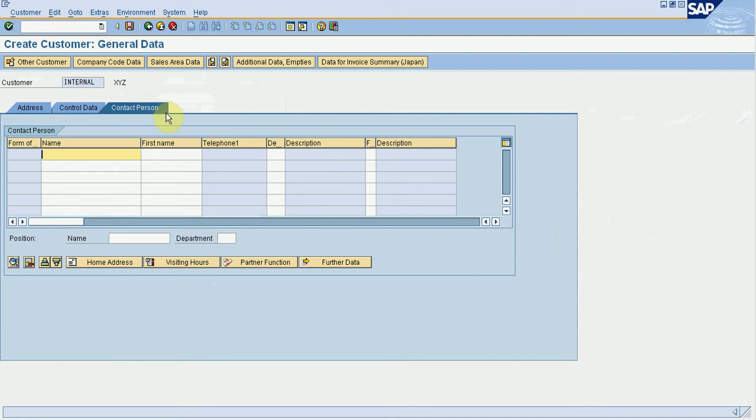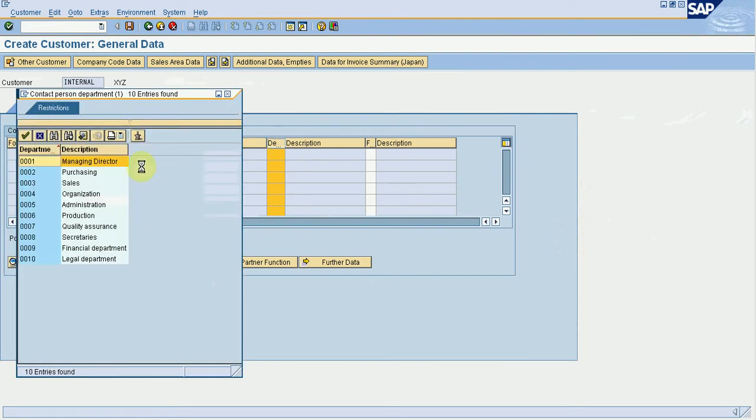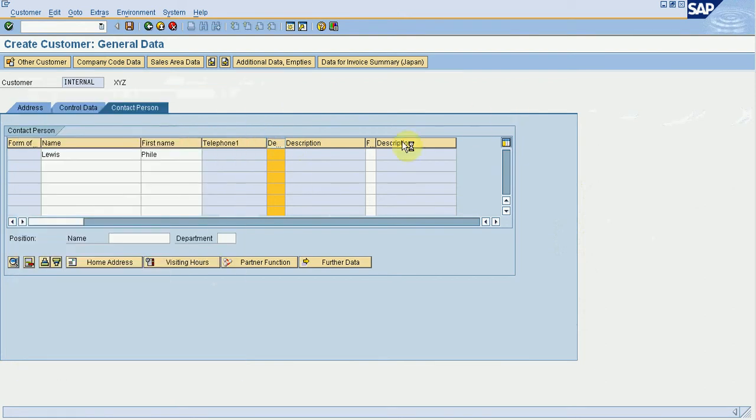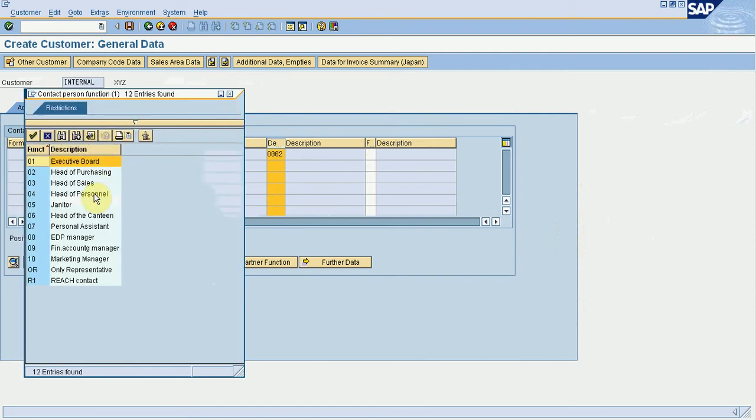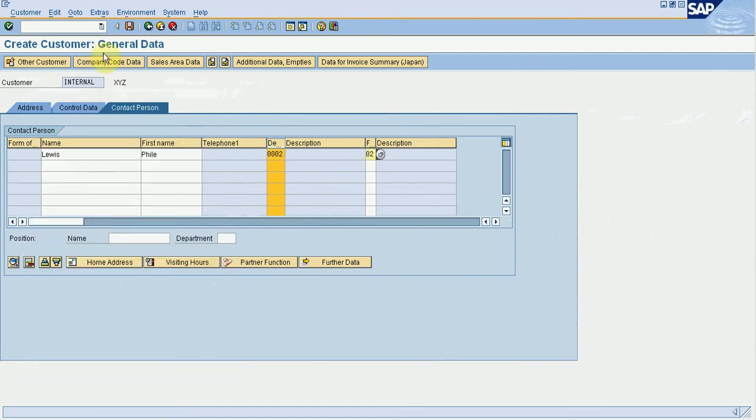Here I can maintain the contact person, who are my contacts in that particular company. I can use the drop down button to select the designation. He is in purchasing, and what sort of function. He is head of purchasing.